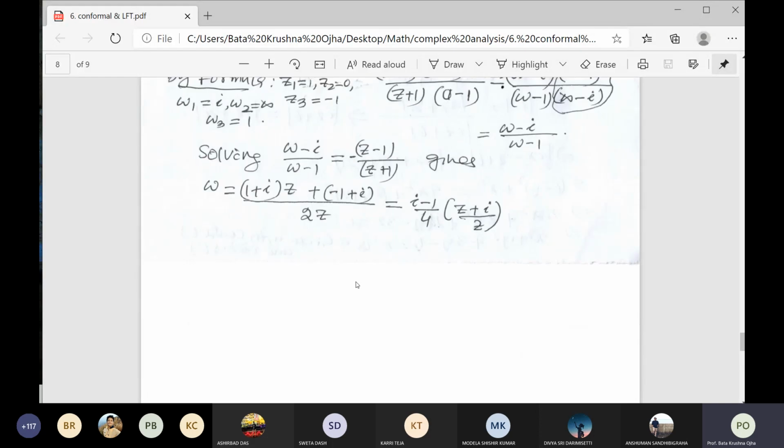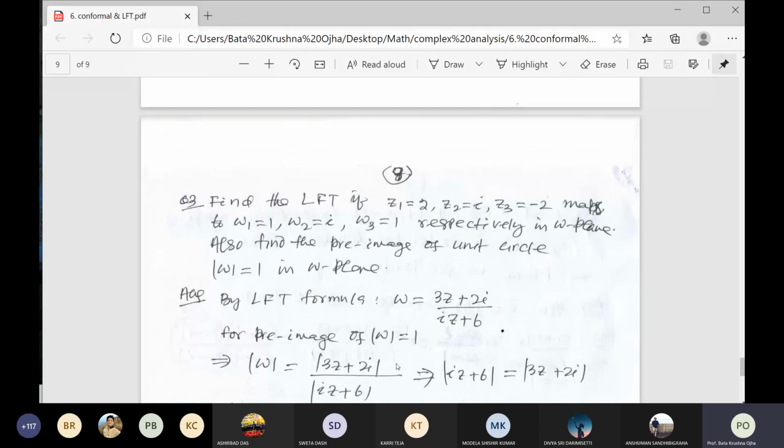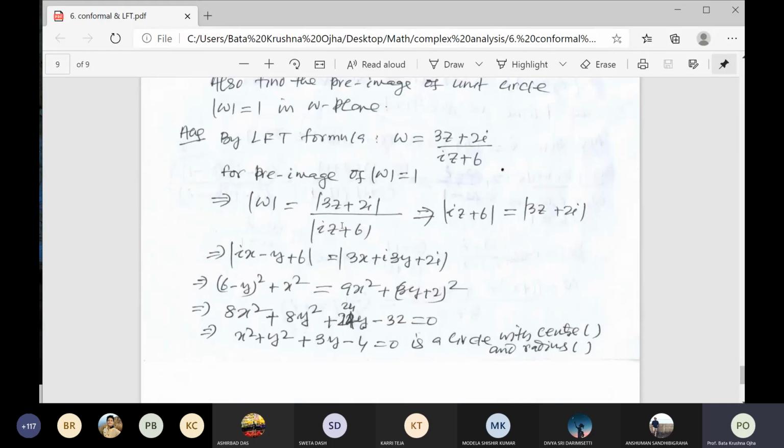At first you solve three questions stepwise. Every step you have to give. And a third question I have added for you. Find the pre-image of the unit circle |z| = 1 in the z-plane, and find the image of the unit disk in the z-plane to the w-plane. The unit disk, that is |z| less than or equal to 1. So you adjust and express w in this form, and z is found from the inverse of this mapping.